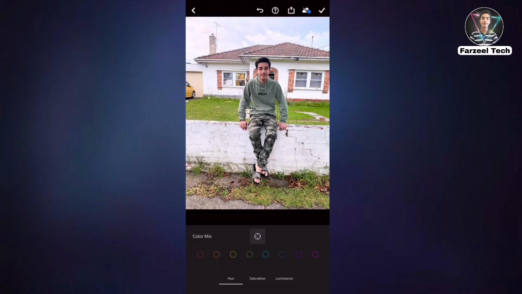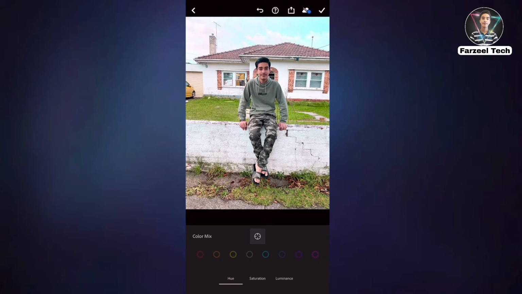If your sky is kind of light, you can change the hue of your sky and make it a little bit better. So I will decrease the hue of the sky to around 86%. Next you get saturation, and luminance. But first we need to do a little bit more with hue.